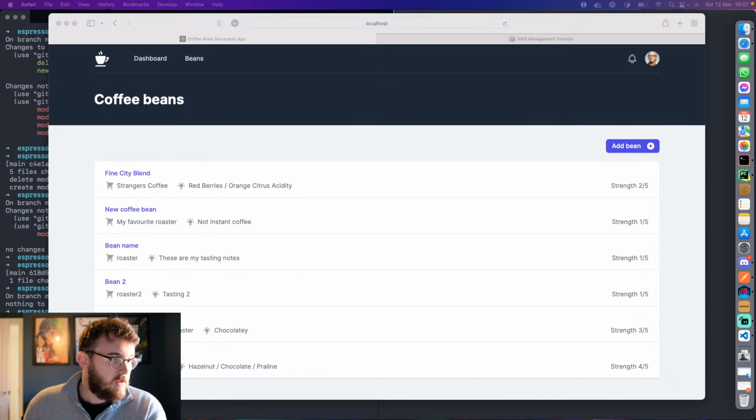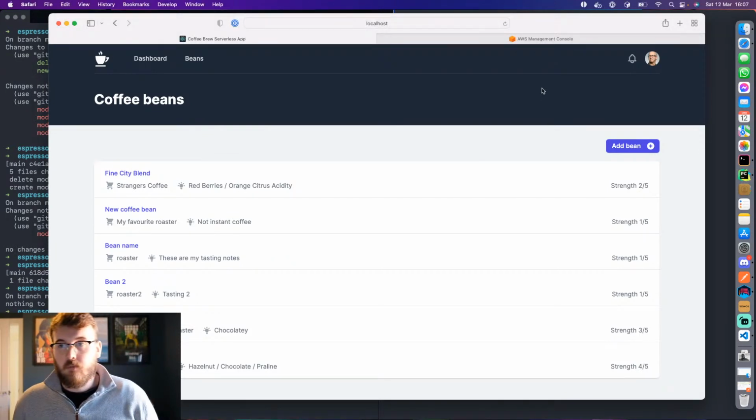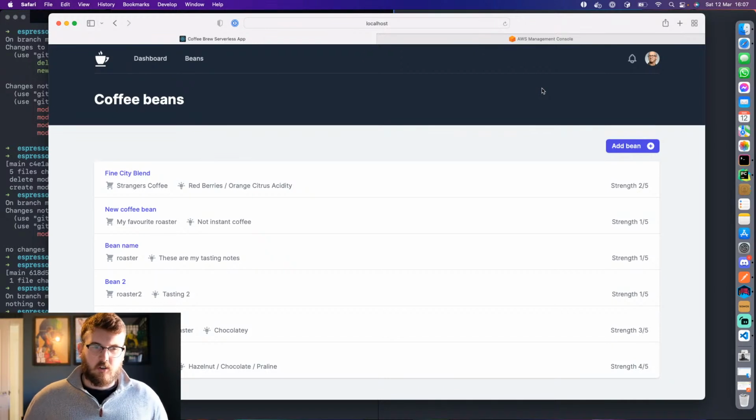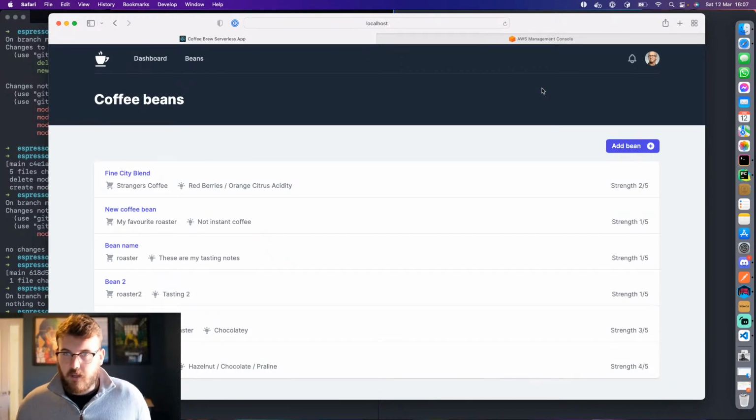As I popped in the chat to start with, all of this code's up on GitHub now. Public repositories. My plan is that anything I don't get done today, I will find time to finish, and that will mean you've got a good example of how you can build a serverless application and wire up a front end to it. Again, the front end might be a little bit rusty,